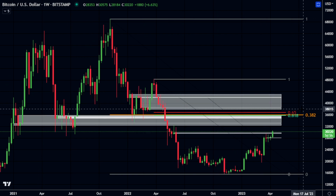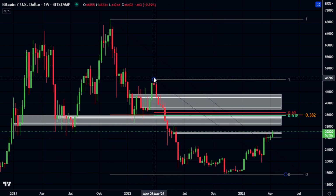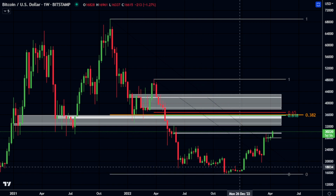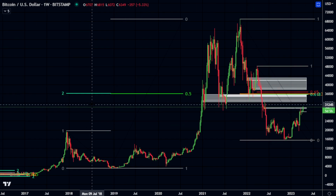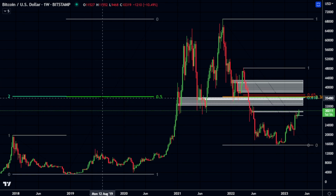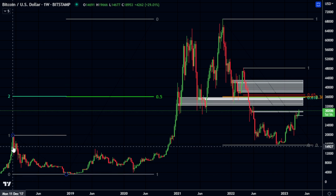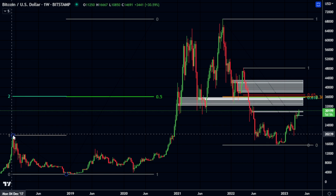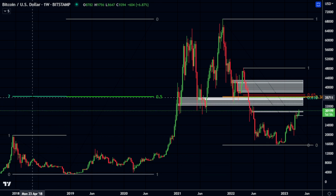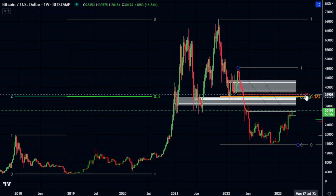So we talked about the confluence with these two fib levels from the all-time high to the bear market low and the top of the dead cat bounce here to the bear market low. But there also are some other fib levels that do line up with this level. Just looking back at the previous bull run here, if we take the previous bull market peak to the bear market low and do a fib extension, so this is basically a doubling of this price range, we do see that it lines up with that same level, the 382 fib and the golden pocket, and that